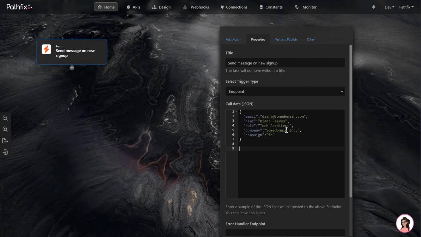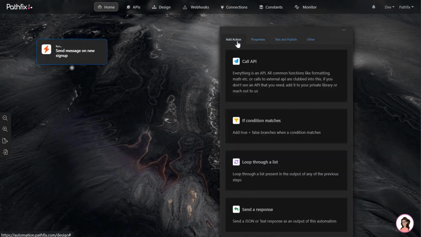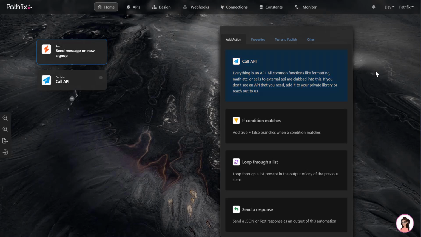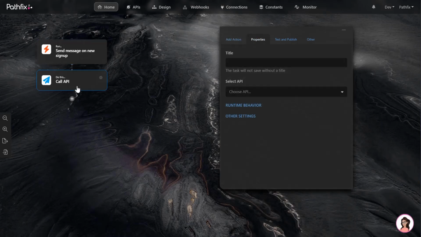Alright, now that I have done that, my next step is for me to add the Slack API. We'll go ahead and create a new node. We'll just call an API. Now there are two ways for you to do it. One, you could either search for an existing API that we already have pre-configured in automation, or you can go ahead and create your own custom API. For the purpose of this video, we'll go ahead and create the custom API and show you how you can do that. We'll name this